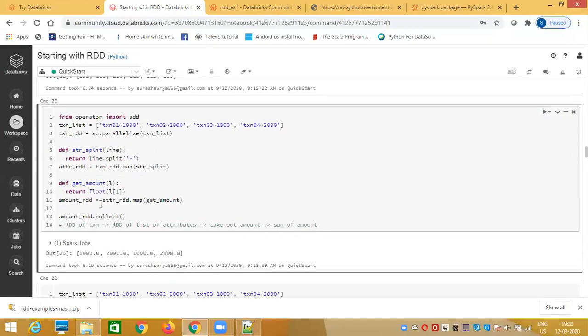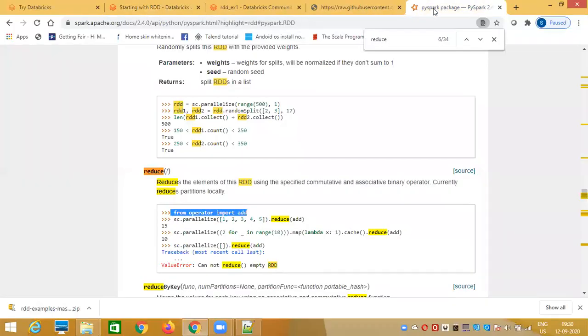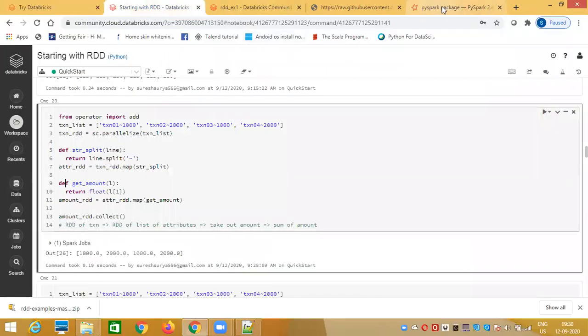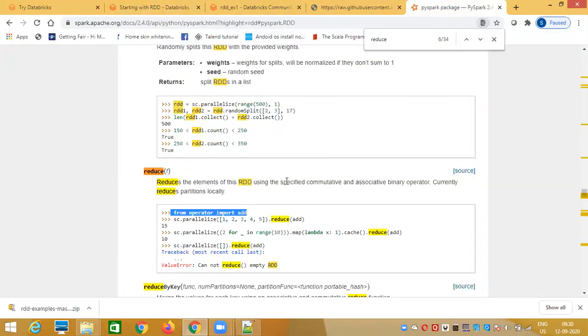Python is a strictly formatted language. You have to use proper indentation. You can see after the line, I'm putting a tab. Okay, let's follow this. So then I'm using the same function. For every function, they have given an example. In the reduce function, I'm passing this add function here. This add function will keep on adding the elements, two elements at a time, because they have mentioned it's a binary function, right? They mentioned reduces the elements of the RDD using the specified commutative and associative binary operator.